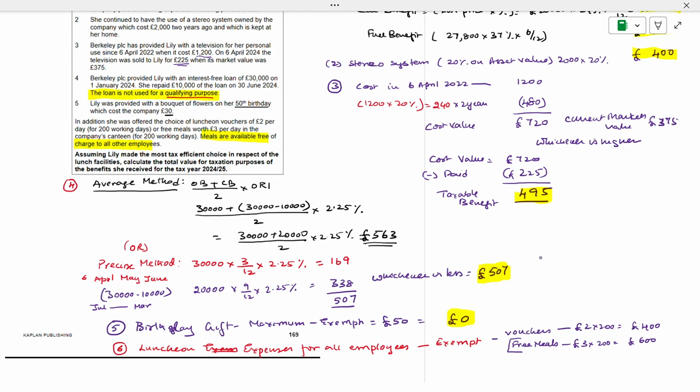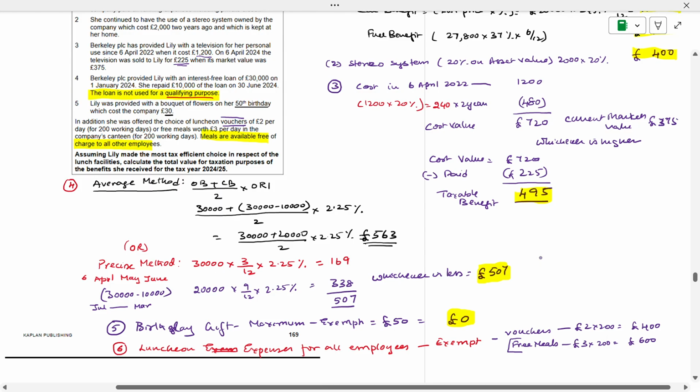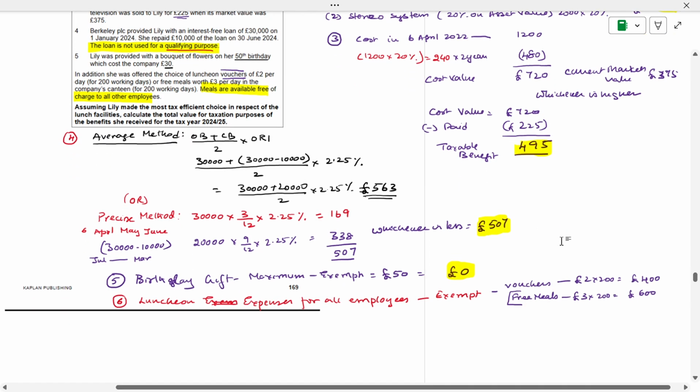Check. Some conditions are there on the vouchers. If she is opting for free